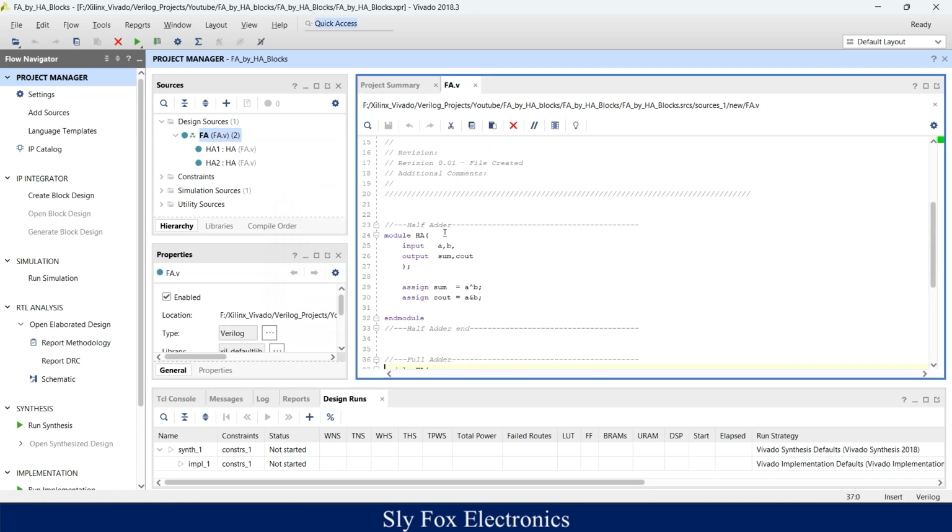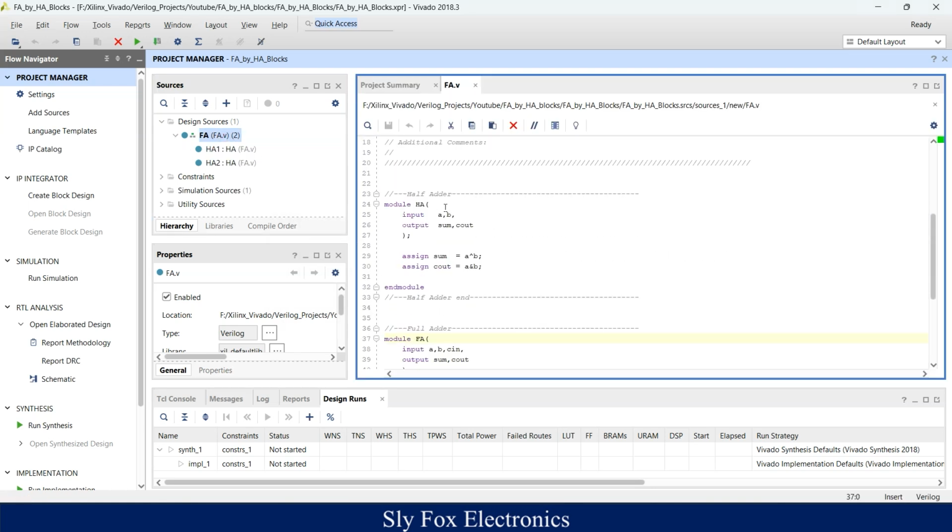This is my Verilog code for the full adder. First, I define a module called half adder, and I call it HA. It has two inputs, A and B, and it generates two bits, sum and carry out. As we already know, the sum bit is produced by XORing our inputs, and the carry out bit is constructed by ANDing our inputs. This is the required code for the half adder, and we will use this module in our